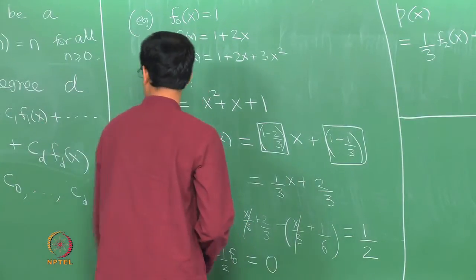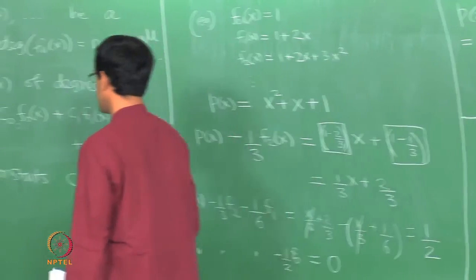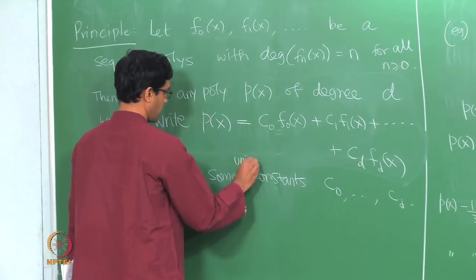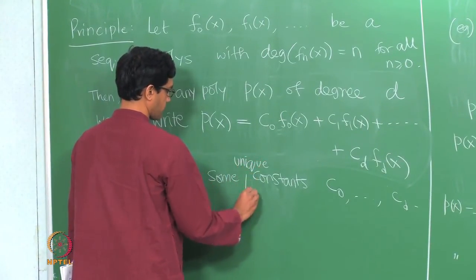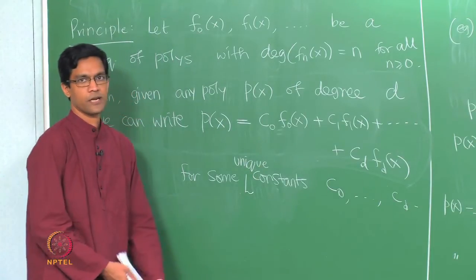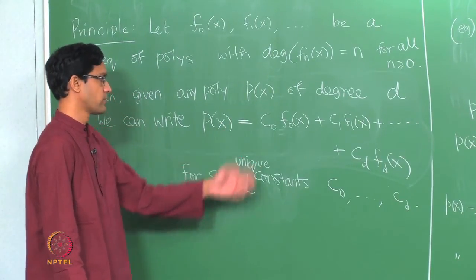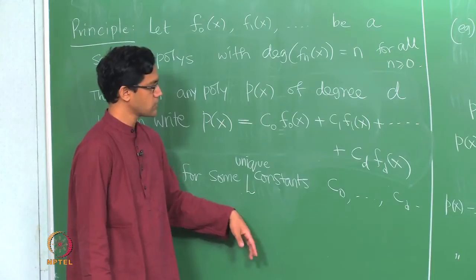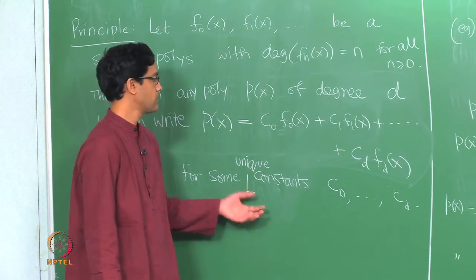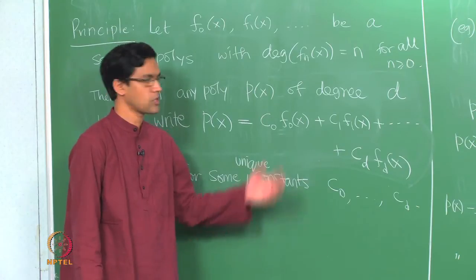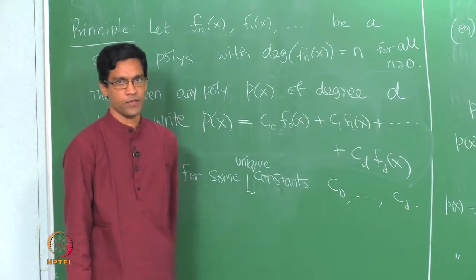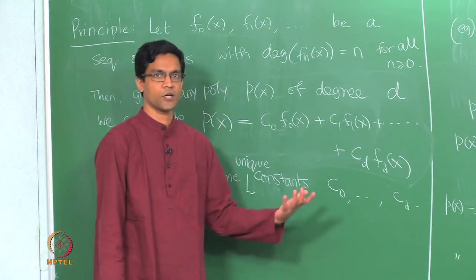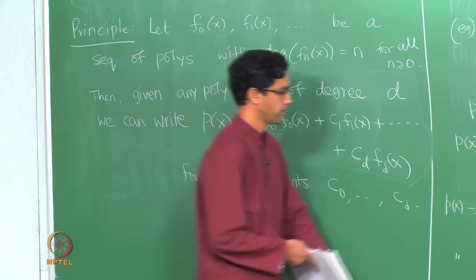Okay. So that is an important principle. The other important thing here is that these constants are really unique. So I should also say one further thing, for some unique constants C0, C1, C2 till Cd. So there are no two ways of doing this. If you attempt to write p as a combination in some other way, the constants you get in the new way of writing must actually be the same as the constants you get in the original way. And in fact this proof also shows the same thing. This is something that I would like you to think about. Just try and figure out why these constants are really unique, try and give a formal proof.